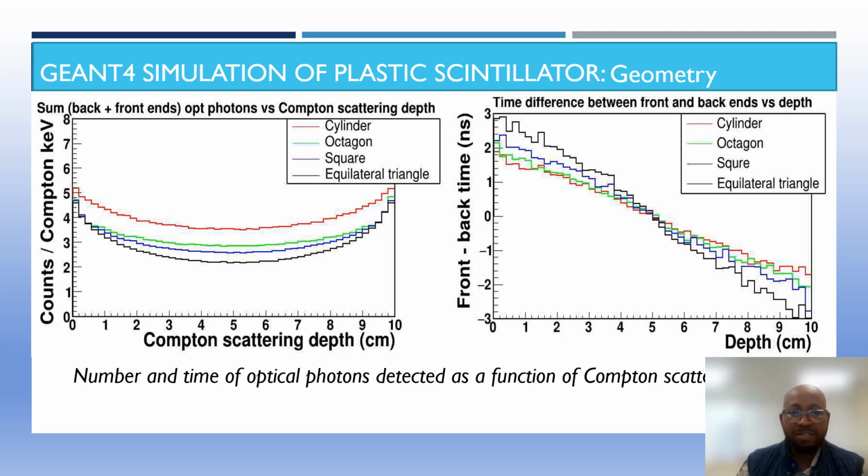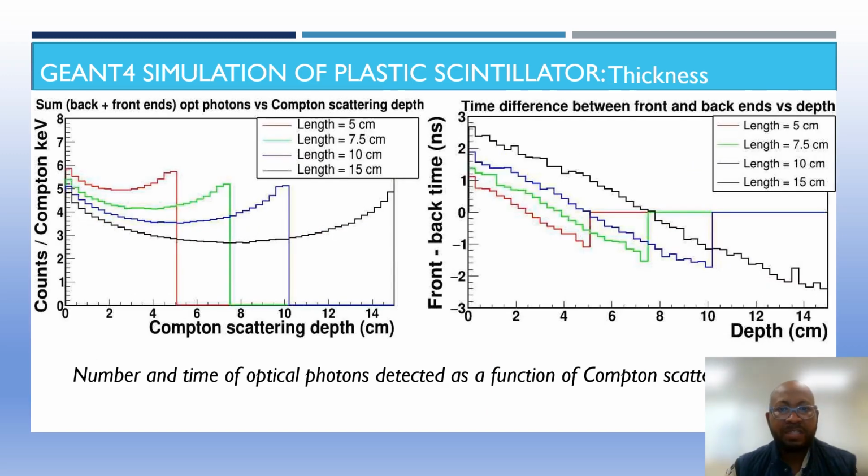Now, for the response time, where we looked at the time difference, we're looking for the one with the least time difference, where we see that the red line here, which also represents the cylindrical shape, had the least time difference between the two. The next property that we looked at was the thickness or the length of the scintillator stick,